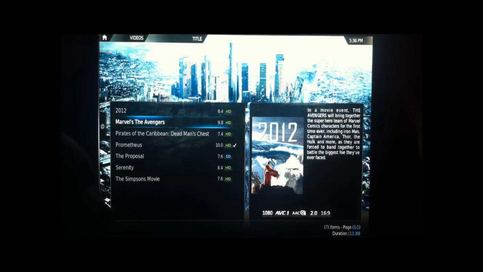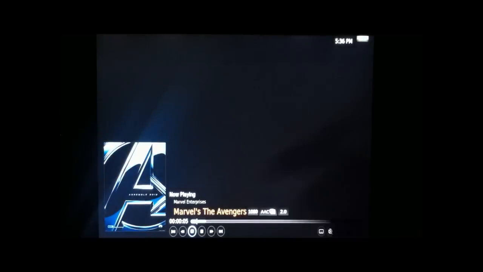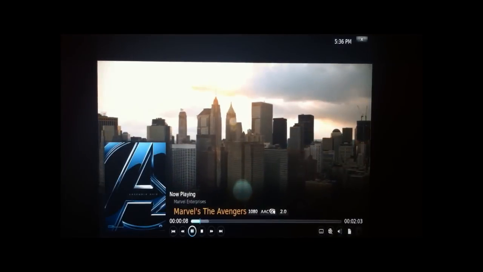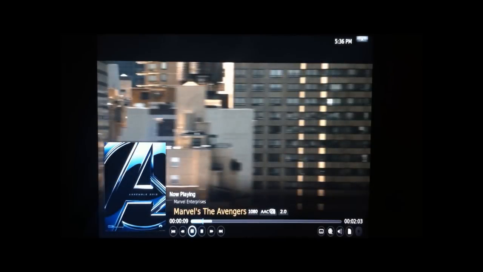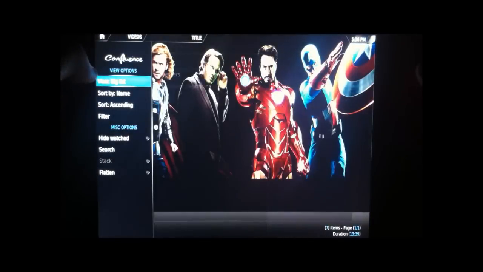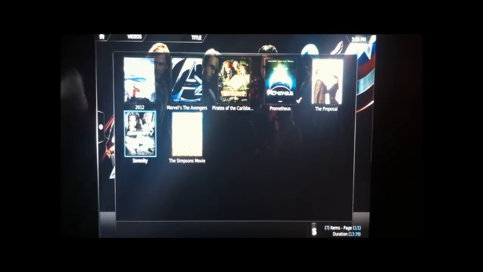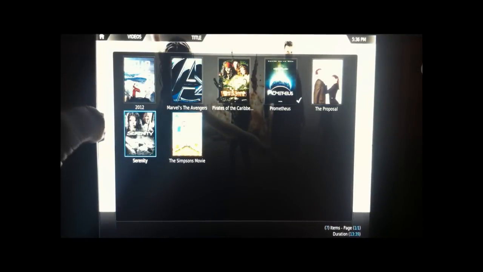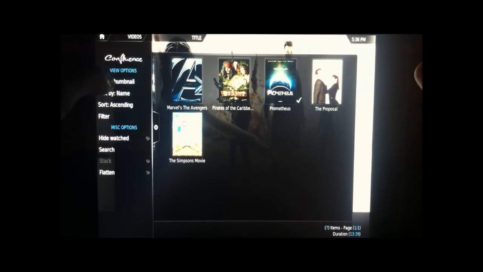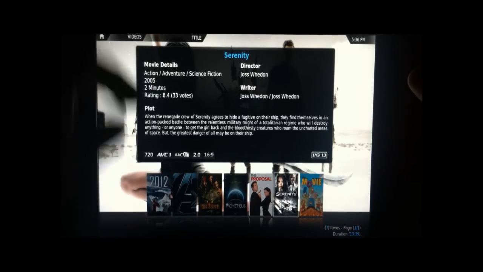Let's see, what's the Avengers. You see it gives up the information, starts the picture, and again now when I click on it, instead of having just a blank screenshot, it has the movie poster. Okay, we can stop that. You get all kinds of different options for how you view your information as well. Big lists, thumbnails of all the posters, so there you go, it shows you what it looks like for each source. Poster wrapping, just fan arts, and you get all kinds of information, the length of the movie, the